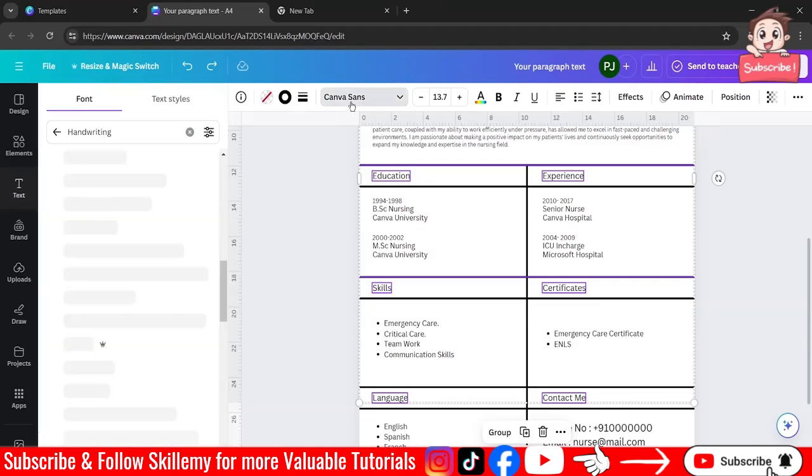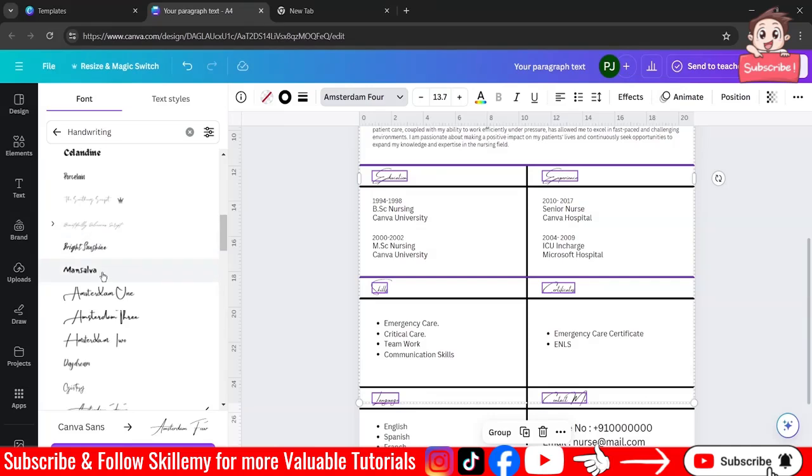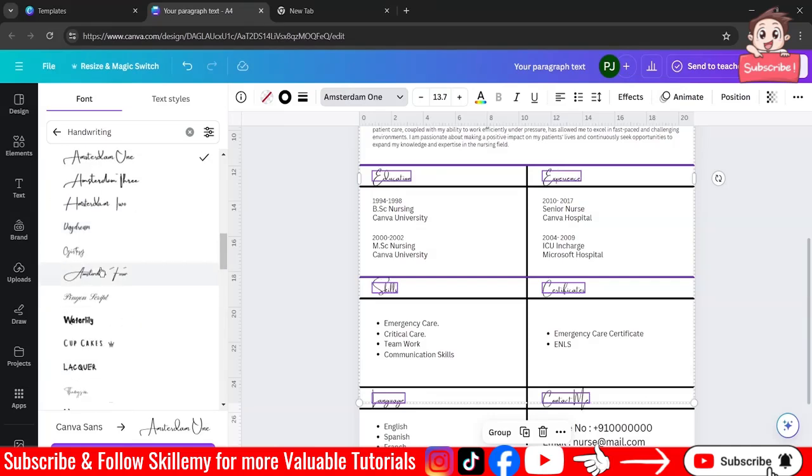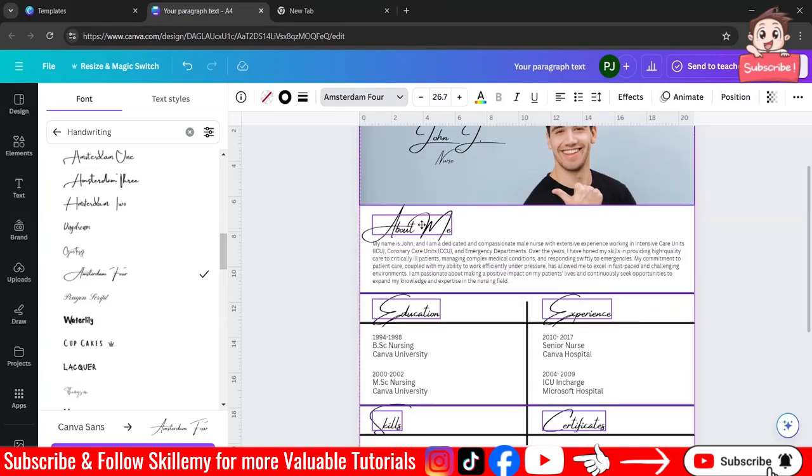Now let's go over to the font option, and you can see different types of fonts are there. You can just select any one of these. We'll just go with this one or this one over here, which looks good. Let's select this one. Let's increase the size of our particular font over here.